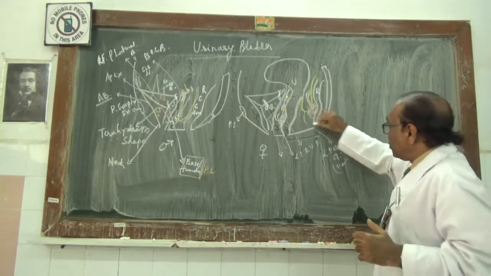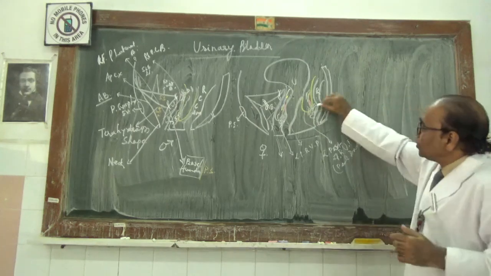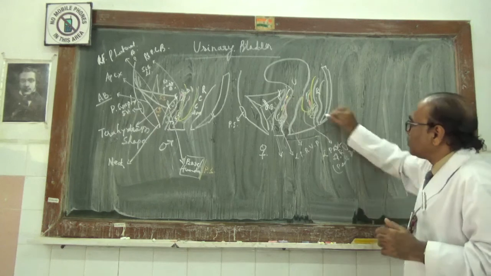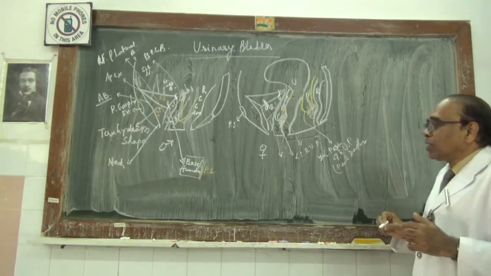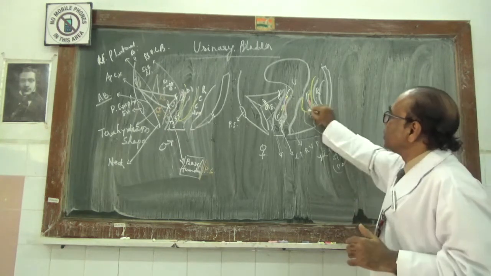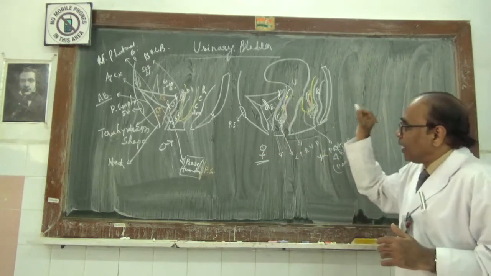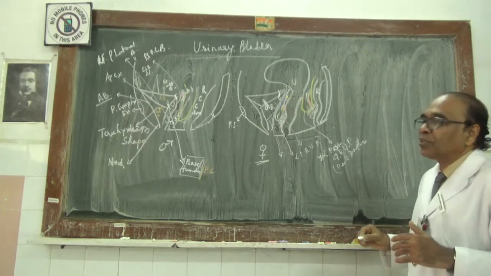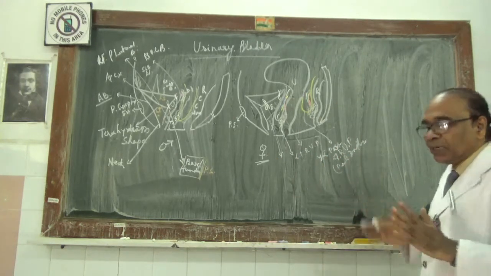So here it will be the lowest part of the anal canal... the lowest part of the rectum, and the upper part of the anal canal, and the lowest part of the pouch of Douglas, but not the anal canal lowest part, upper part of the anal canal. So these are all the things related in case of the female, the lower part of the posterior surface or base or the fundus of the urinary bladder. So this is how it will be in this part.